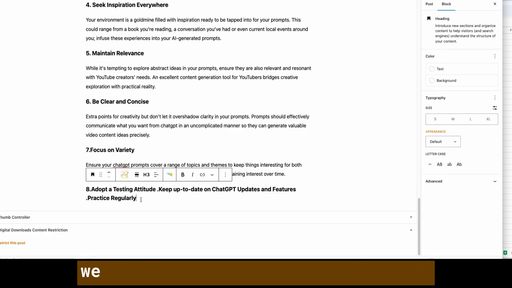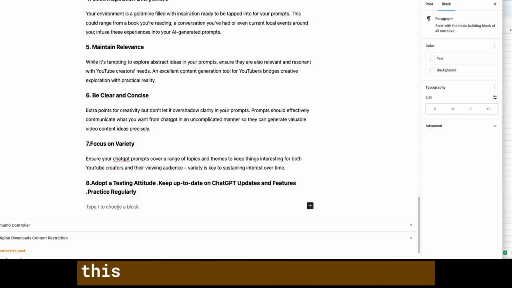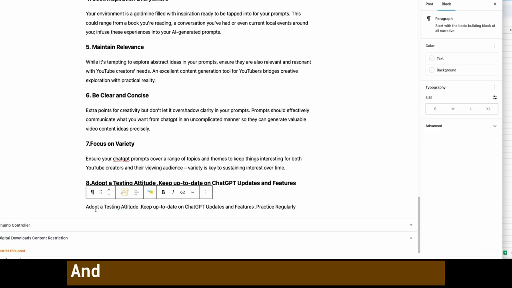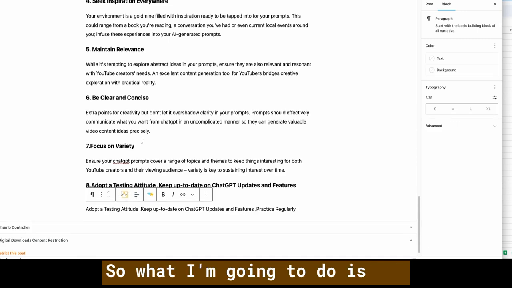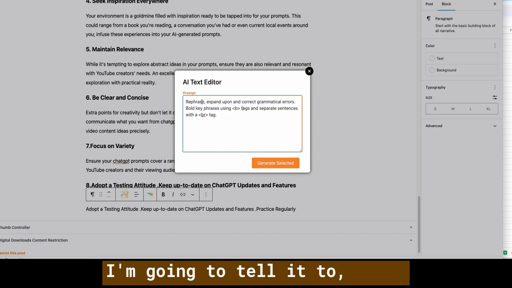Yeah. So we don't want an H3, so I'm going to copy this, and I'm going to just add this paragraph, add this text here. And it says adopt a testing attitude, keep up to date, blah, blah, blah. So what I'm going to do is tell it to rephrase, expand upon, correct grammar. I'm going to tell it to rephrase and expand upon this